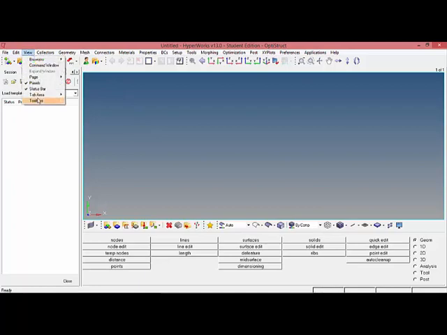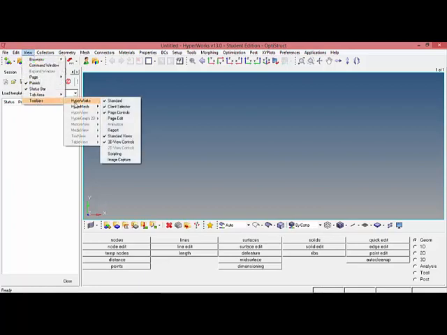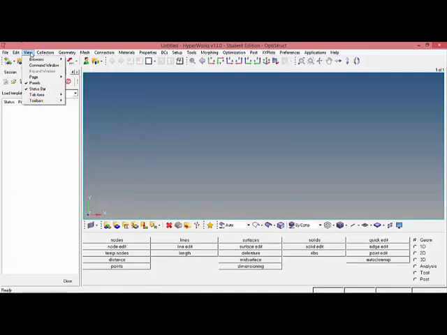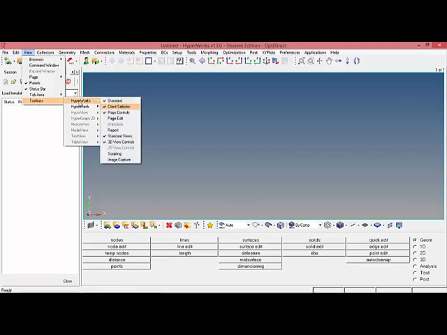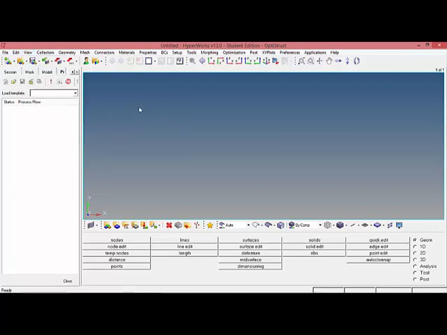If any toolbar is hidden, you can go to the View menu, select Toolbars, then go to HyperWorks and select which toolbar you want to show or which you want to hide. So in this way you can show or hide any toolbars with which you can quickly access the functions.